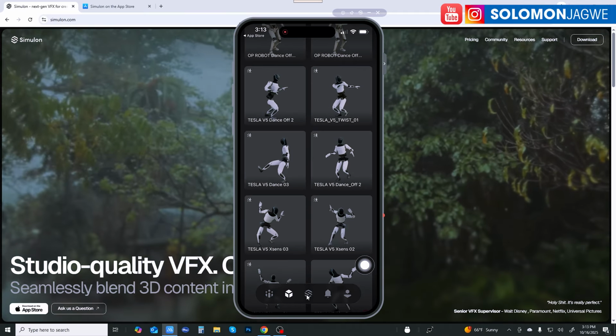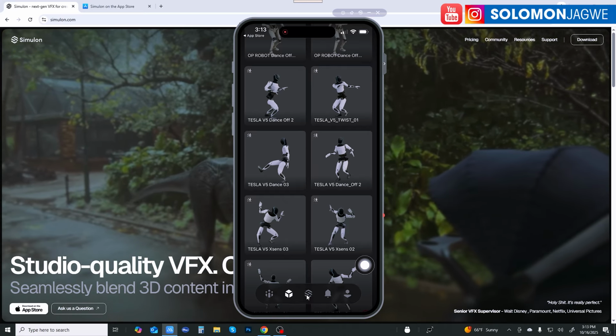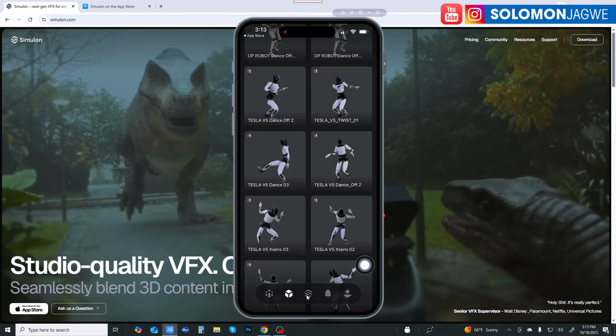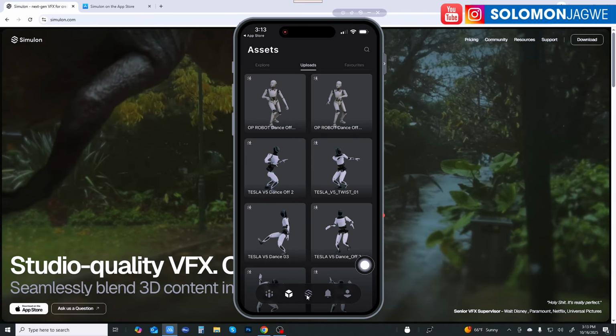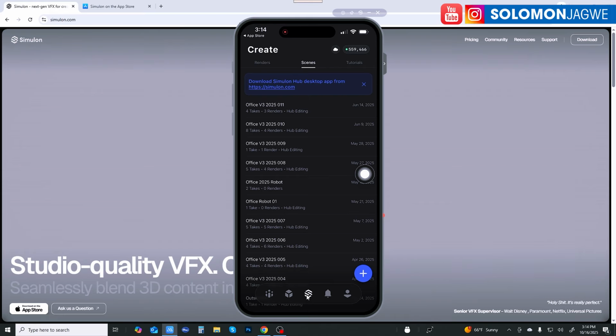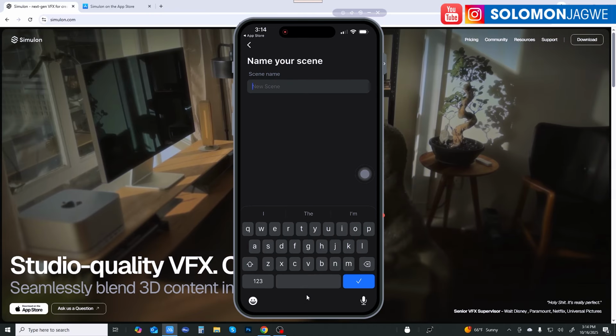So make sure you install the hub, the Simulan hub, on your desktop so that you can upload, and make sure you log into your account, because once you log in, the models will show up on the iPhone over here. Now, when it's time to create, go to your scenes tab over here, press the plus button, give it